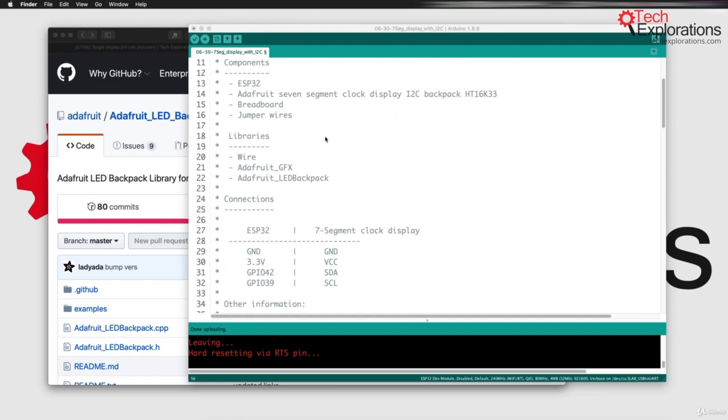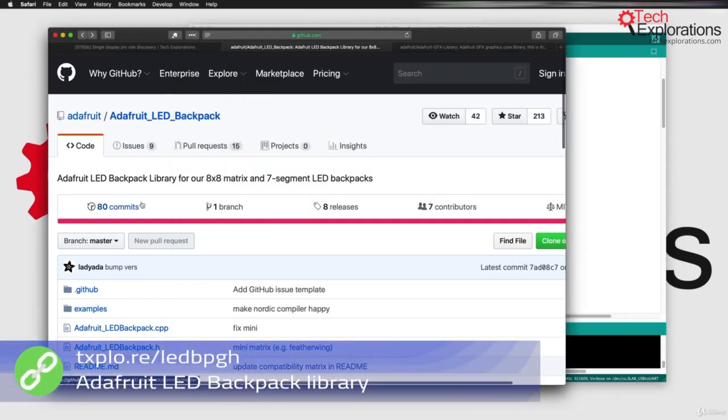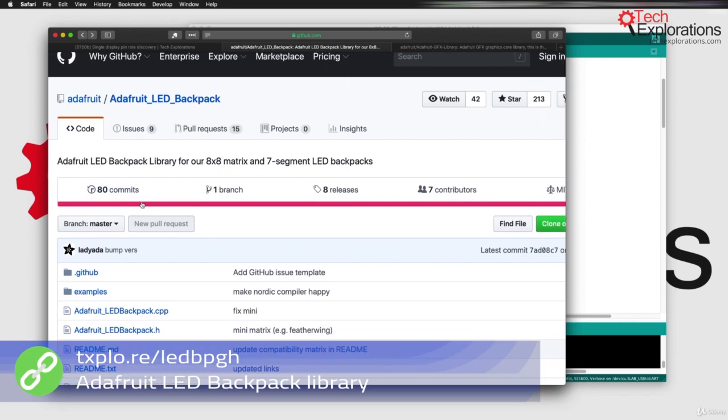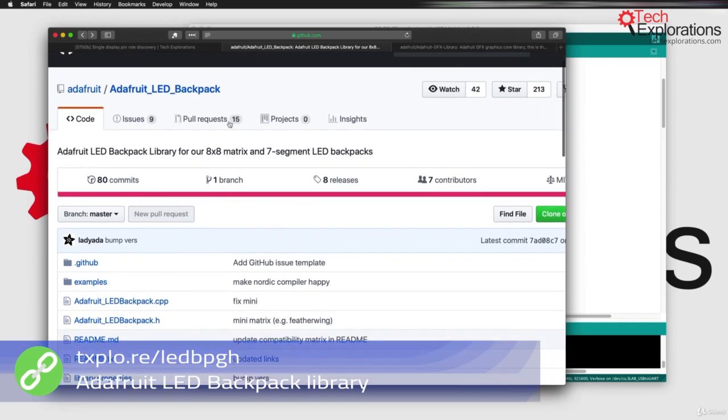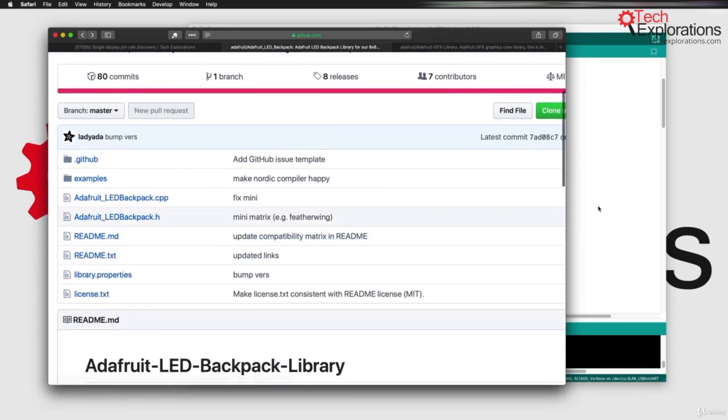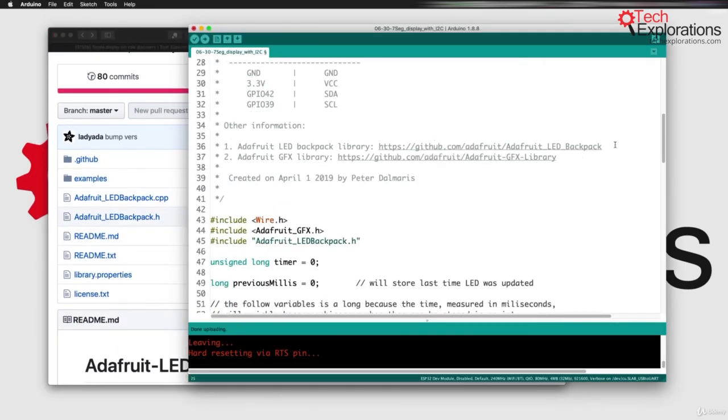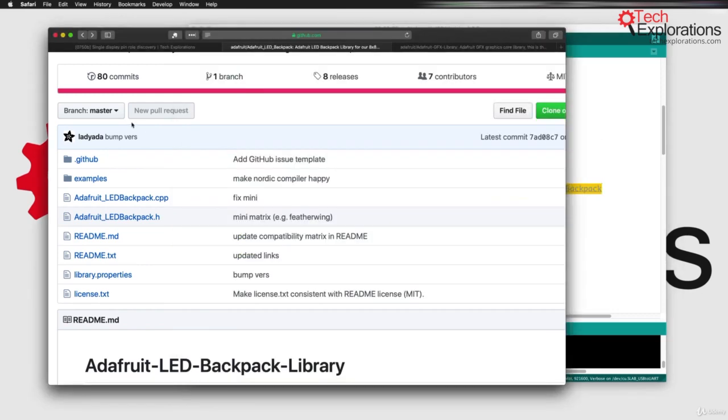So in the sketch, we're using the Wire interface, of course, and then the Adafruit LED backpack library, which also requires the Adafruit graphics library. So these libraries you can get from GitHub, or you can install using the libraries manager. This is the location of the LED backpack that implements the functions that we'll be using, and you can find the URL to this repository here in the sketch. So if we go inside the header file